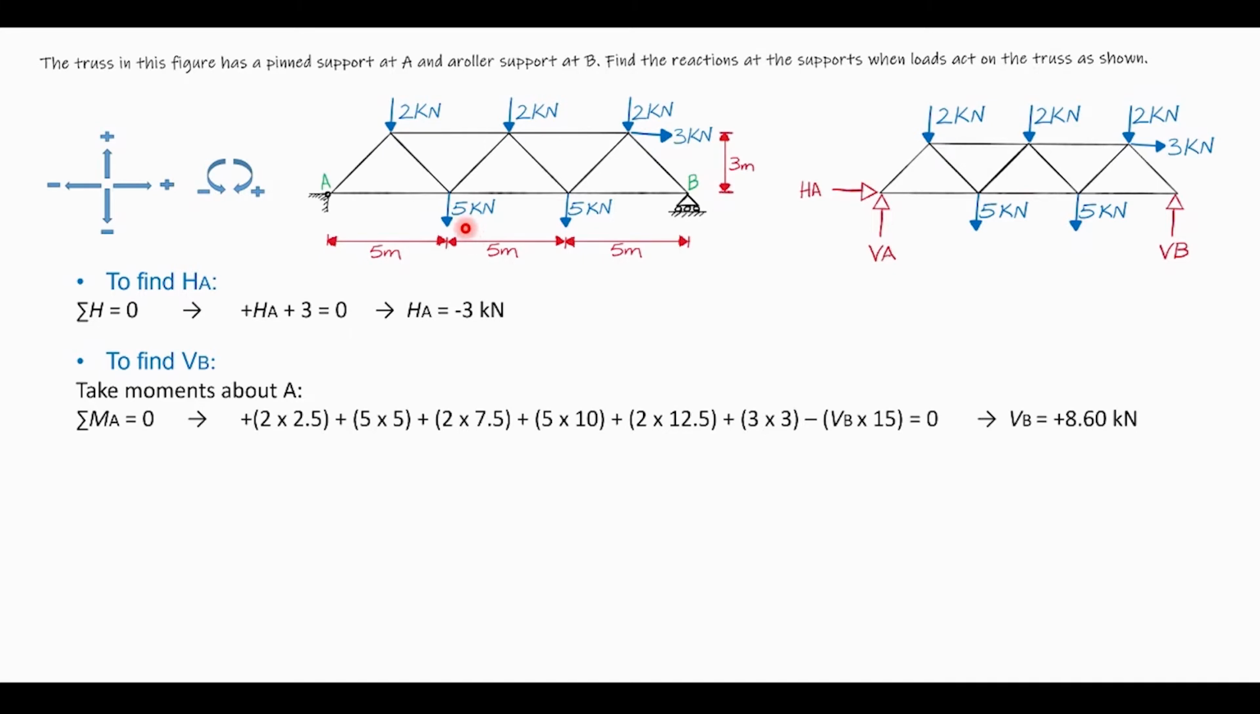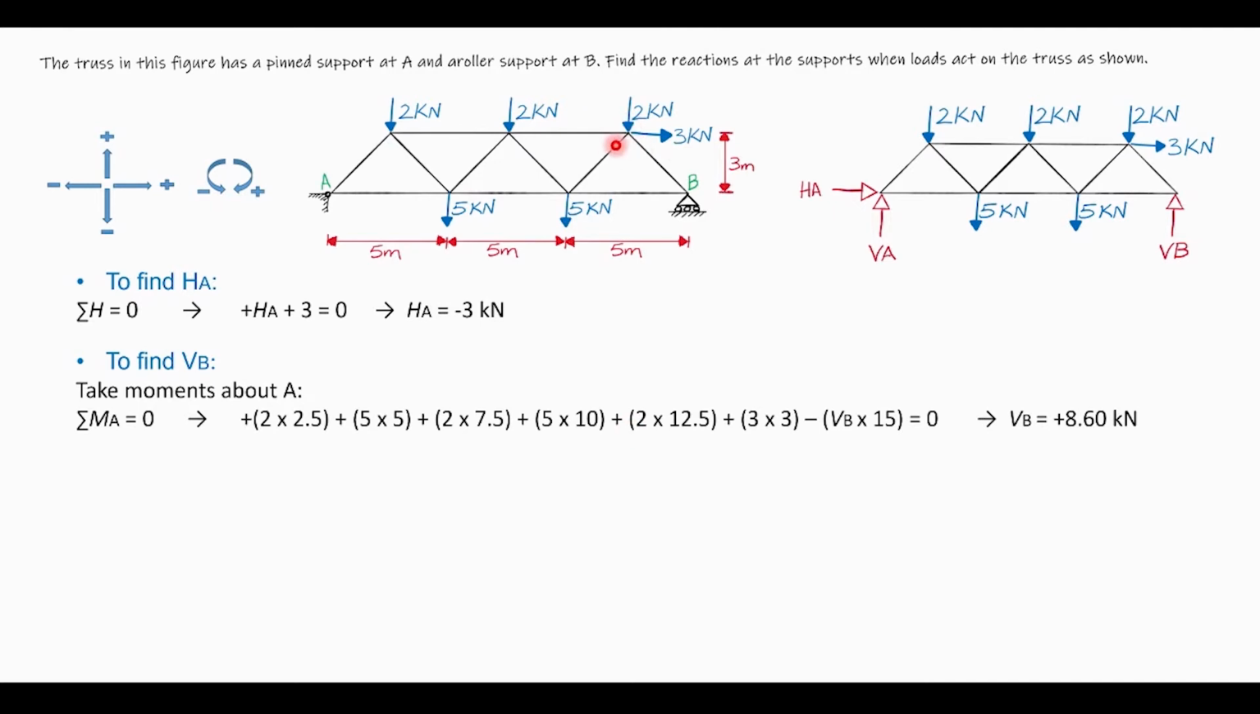Plus this 5 kilonewton acting clockwise again, positive, multiplied by the distance 5 meters, plus 2 kilonewton acting clockwise, multiplied by the distance. We have this 5 here, and then half of this 5, 2.5, 7.5. 2 times 7.5. Plus, we have this 5 kilonewton acting clockwise again. It is positive, multiplied by the distance, 10 meters,